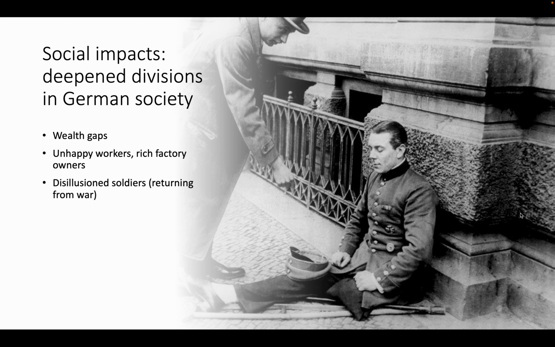And the soldiers were disillusioned returning from war. Disillusion basically means something is not as good as you thought it would be. So you're planning a vacation to the Maldives and you get there, but it's not as good as you thought. So you're disappointed. That's what the soldiers felt, disillusioned, returning from war. And many Germans were angry because they lost the war. There were waves of unrest, especially in big cities such as Berlin. Cities like Berlin used to be disciplined. People used to follow orders. It used to be a nice, safe, and predictable city. But Germans were angry, so there was lots of unrest.